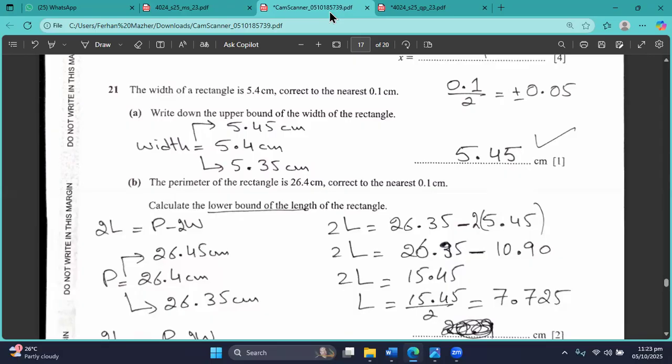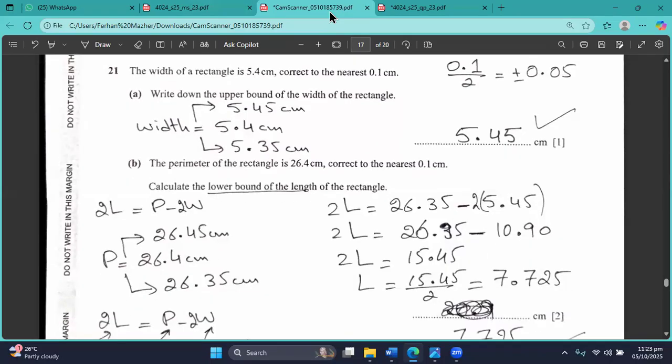So you divide it by 2, you get 0.05. So the length will be, 2 length equals the perimeter minus 2 width, because the perimeter of a rectangle is 2 length plus 2 width. So 2 length will be equal to perimeter minus 2 width. The perimeter is correct,